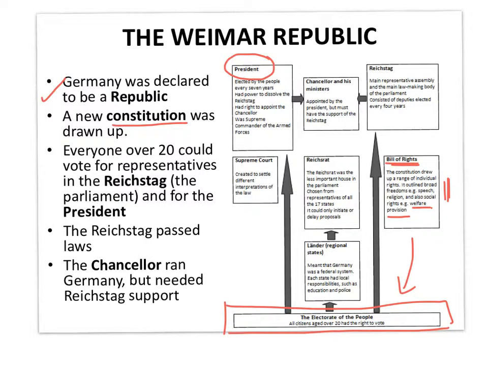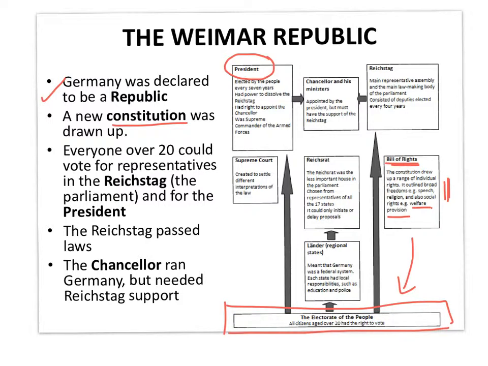Now, even in Britain at this time, which was seen to be one of the freest countries in the world, women did not have the right to vote. They didn't get that until 1928. So Germany went from being a system in which the people had very little power to a system in which the people had a huge amount of power almost overnight. So that was a very, very liberating, very exciting experience for the German people at the end of the war, that they were given those rights.